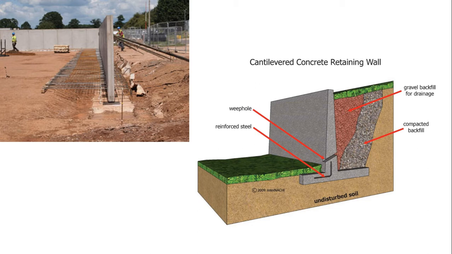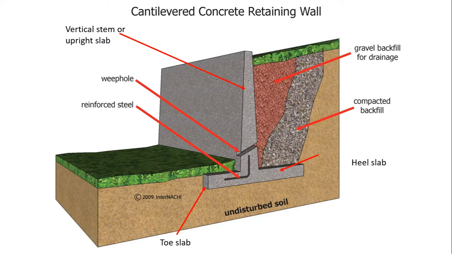It has only two components, and in the design of a retaining wall we are going to design the cantilever slab. Okay, so the stem also we are going to design as a cantilever slab, and the base slab, that is the toe or heel, that also we are going to design as a cantilever RCC slab. Okay, so this is again illustrated in a broad manner. So the vertical component is nothing but the stem, we have weep holes, reinforcement steel. At the bottom we have the heel slab and toe slab, and this is about the backfill condition.